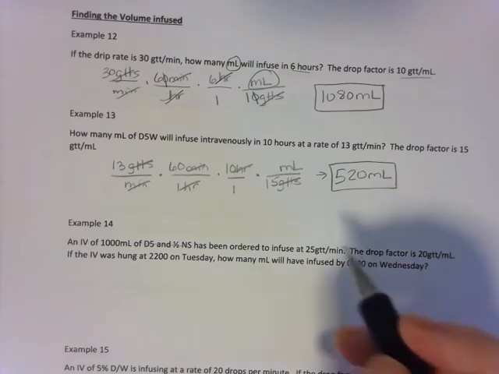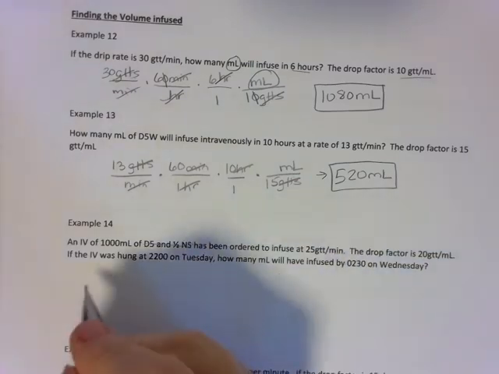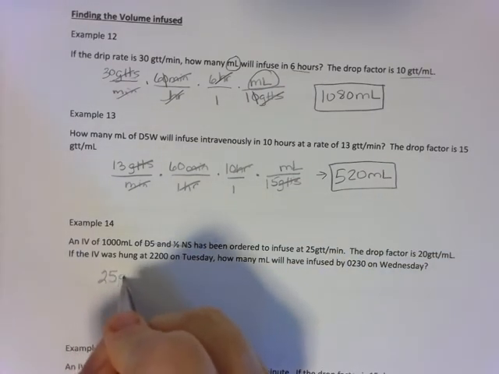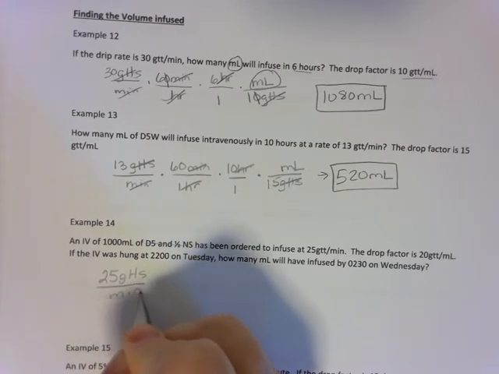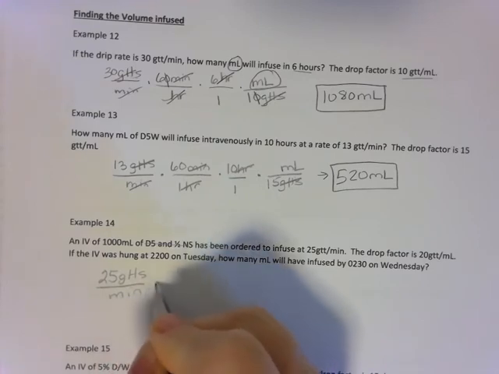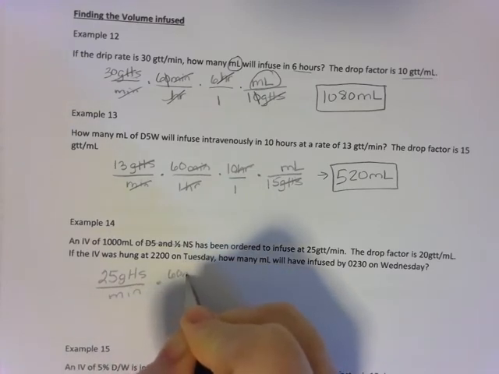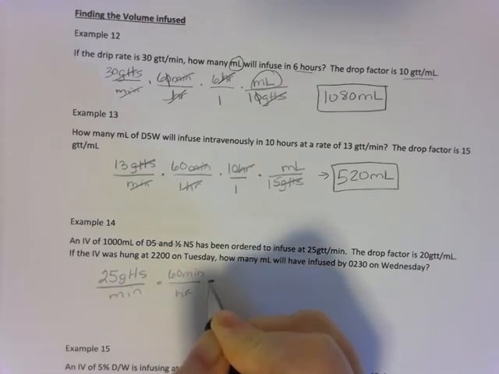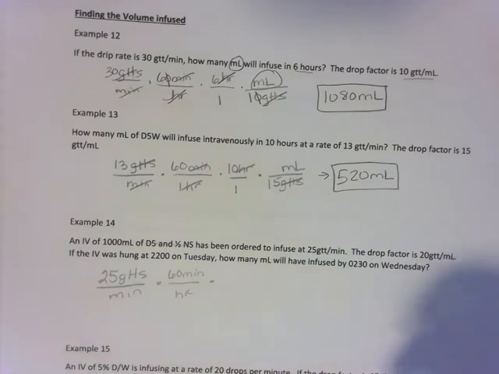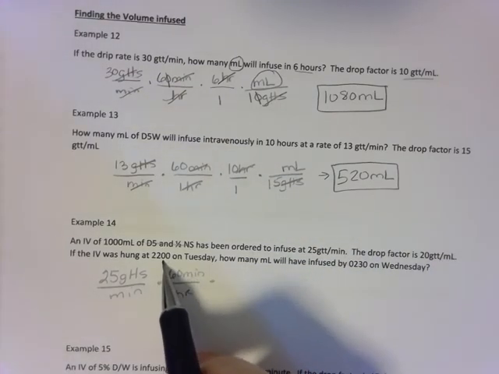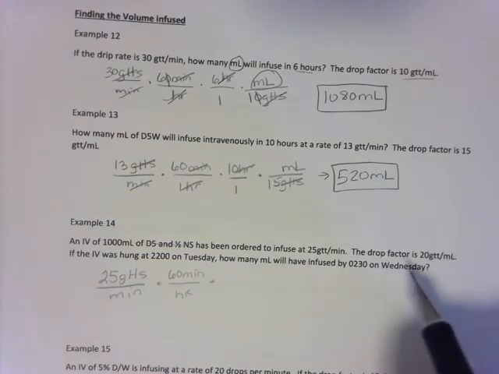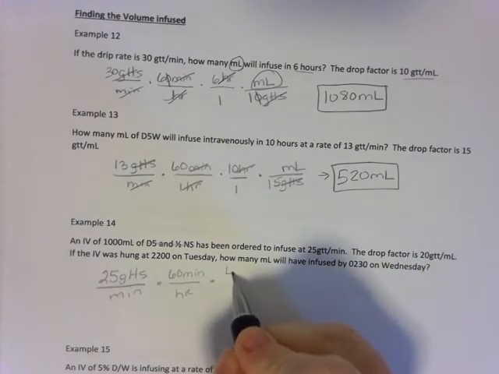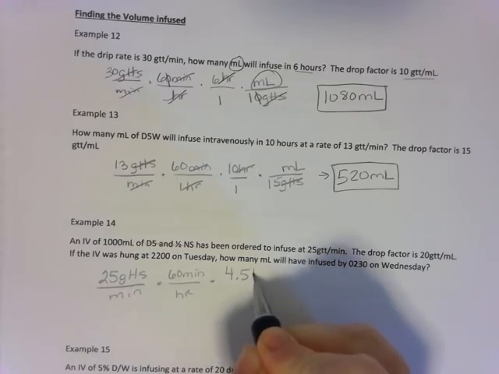We're looking at 25 drops per minute. (60 minutes in an hour). 4.5 hours from 2200 on Tuesday to 2:30 in the morning on Wednesday is 4.5 hours,